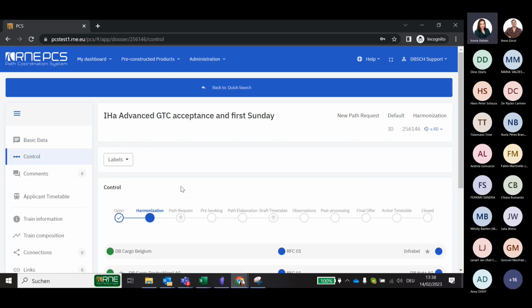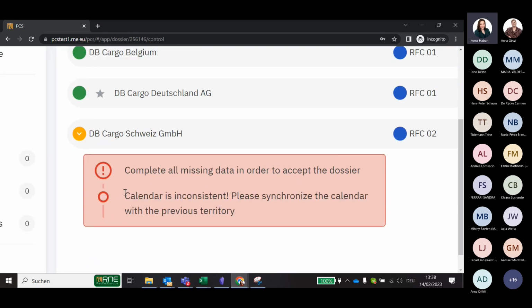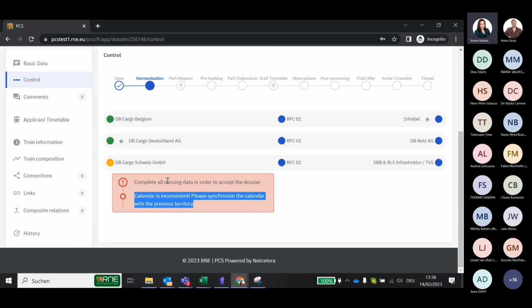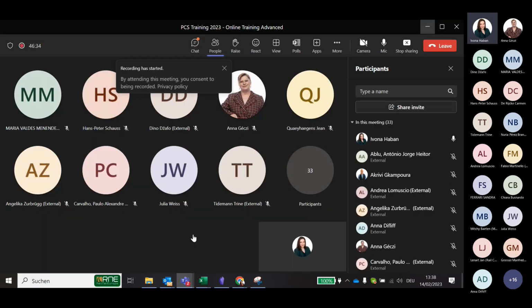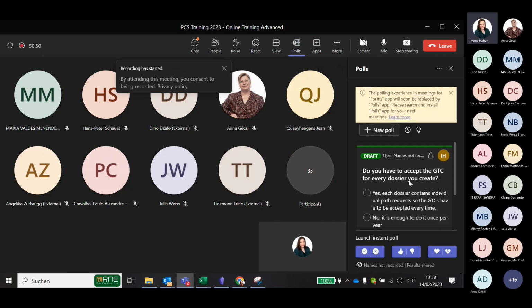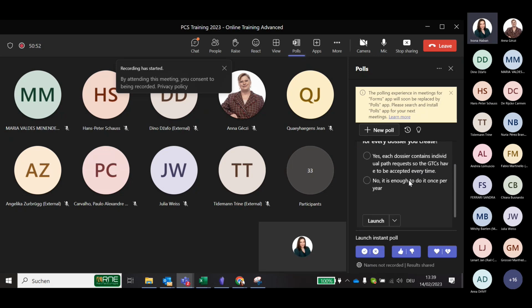Now, if I go to the control, of course, there is only one more thing to correct before I can accept this part for the DB Cargo Schweiz, and it is calendar inconsistency. Before I move on, just so I can see who is actually here on our training, I would like to start one question, if you can answer,